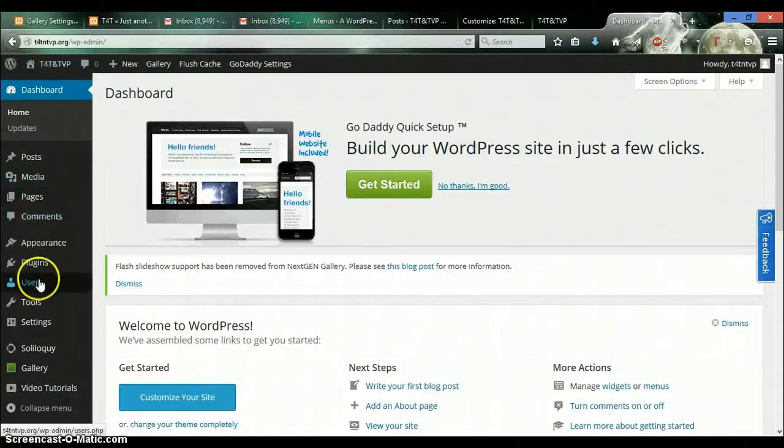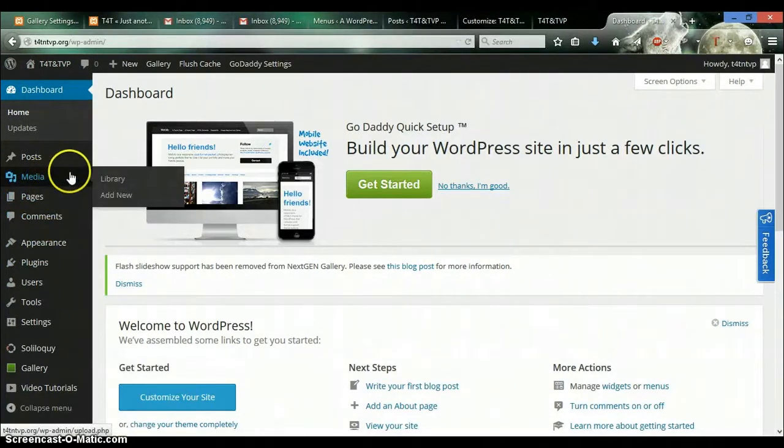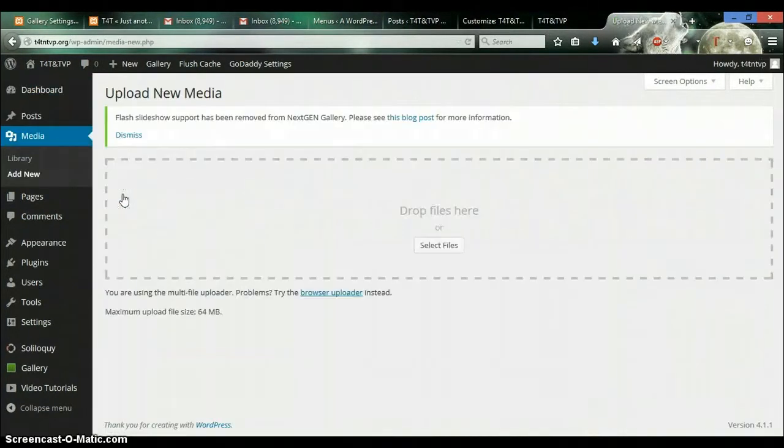Hello, so today I'm going to show you how to upload some images over to your media gallery, and the first thing we're going to do is click on media, add new. I'm going to be showing you how to use the slider after this. Alright, so we're going to click select,